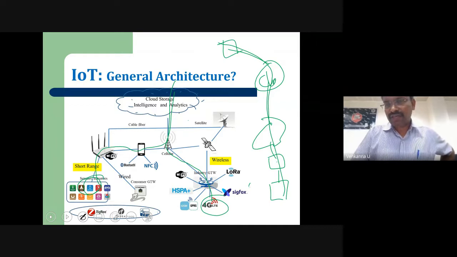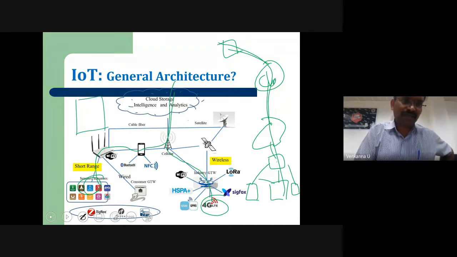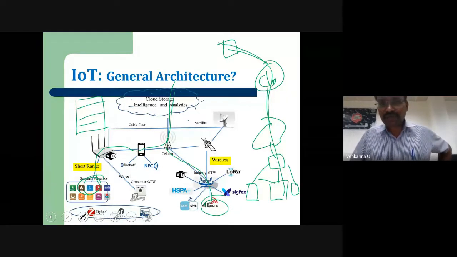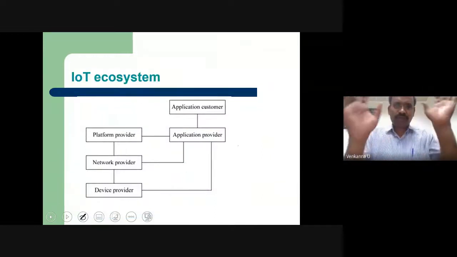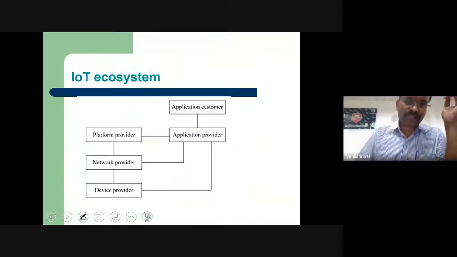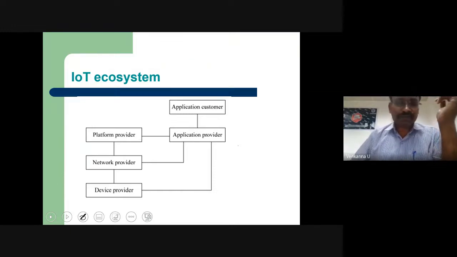But very few IoT applications have multiple IoT nodes and a network, and that was lagging because the communication protocols which are available are not so popular and not so standardized. There is no standard reference architecture for IoT communication as of now. This is the reason. Now, when you want to develop a good IoT application, this is an ecosystem, where all are involved. What is the role of each of them? You can see that